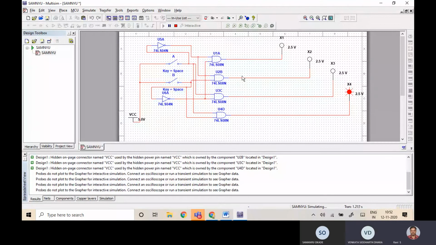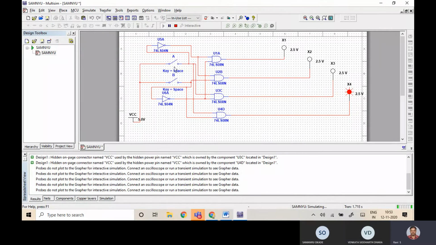Sir, both the switches have to be closed, right? No. For 0 0, you have to open the switch. For 1 1, you have to close the switch. But we're already putting the NOT gate, right? To make it 0. Ah, yes, you are right. So still, if you put 1 1, the fourth one is getting 1 1 and it is glowing. The moment you put 0 0, the first one needs to glow, correct? Yes, sir.